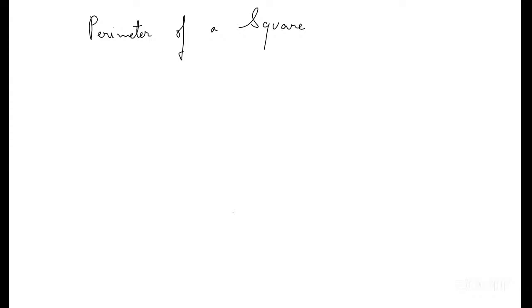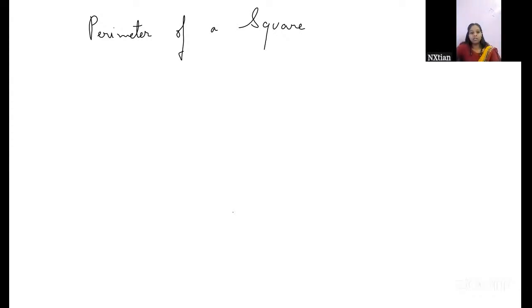Ma'am, another question. The perimeter of a square will always be a multiple of 4, right? I think in most cases it's going to be. In some cases, when there is a decimal, no. So most of the cases, yes, but sometimes it might not be. Okay, so now